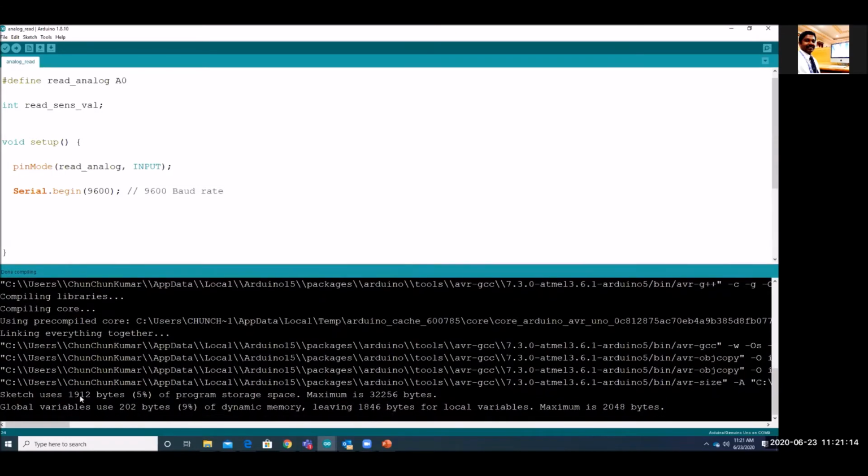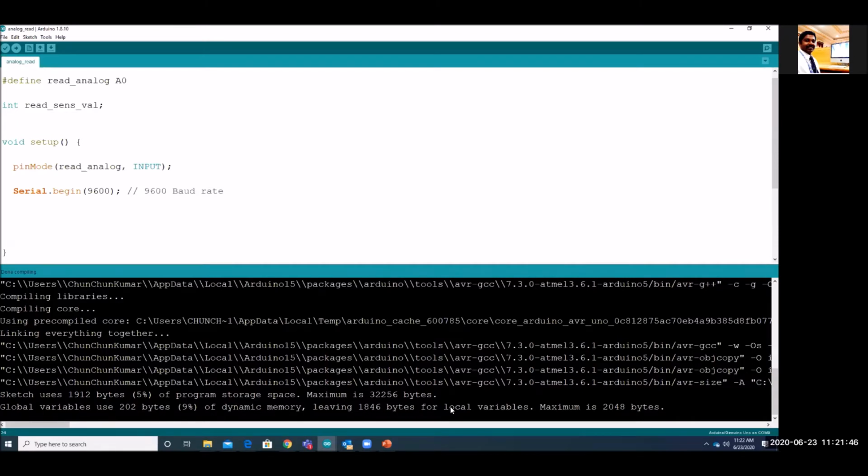Here you can see the sketch uses 5% of the program storage space. Once we select the board, it will define how much space is available for the particular IC, and also what percentage this program consumes in the IC. Also we have global variables. Global variables use 202 bytes, that is 9% of the dynamic memory, leaving 1846 bytes.